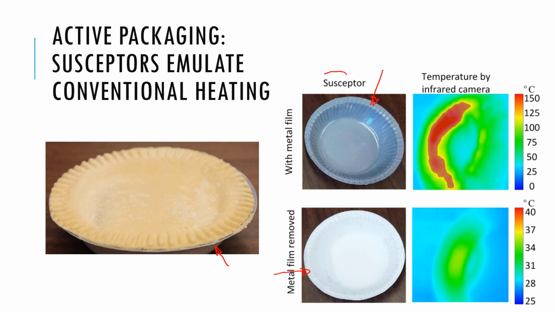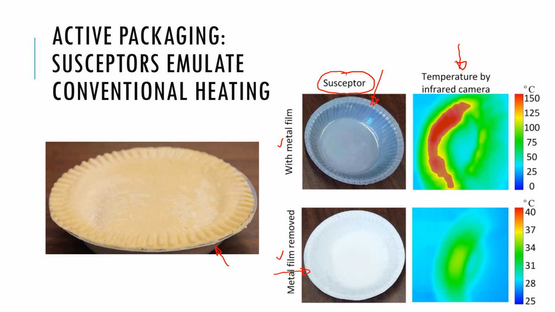That is what is referred to as the susceptor, and what it does is it absorbs microwaves readily, and it heats up to really high temperatures, and this can be seen in these thermal infrared camera pictures where both the bowl with the metal film and without the metal film,